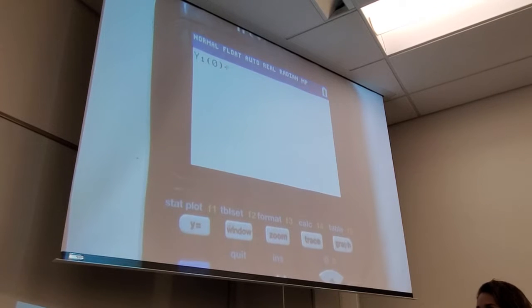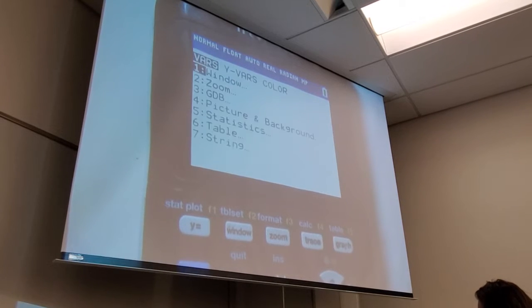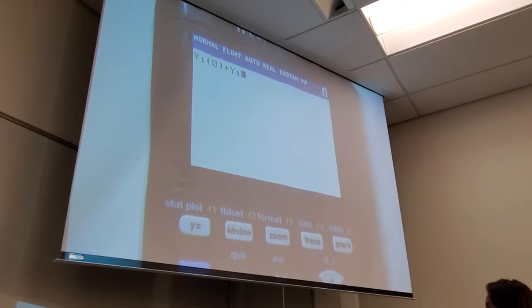So I could do this. Plus bars, y bars, function, y1 of 2/3. I just keep going, correct? Okay, so I don't want to do that. There's nothing wrong with that really, but watch this. So y1 is 0 plus,